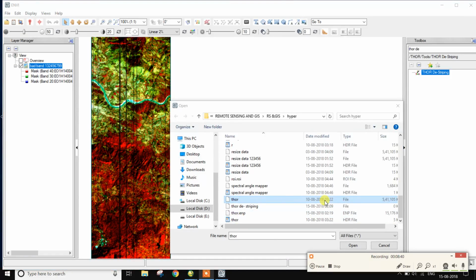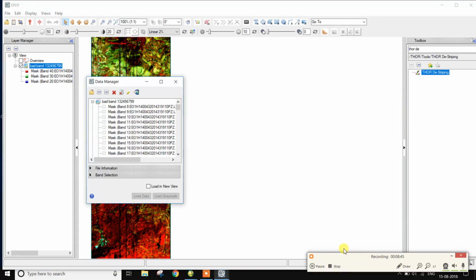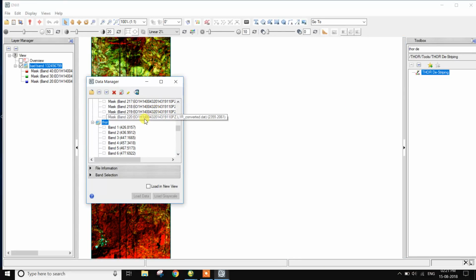Open the output image file. Then load in new view with bands 40, 30 and 20. Click and load data.